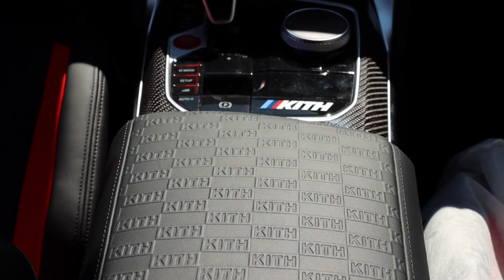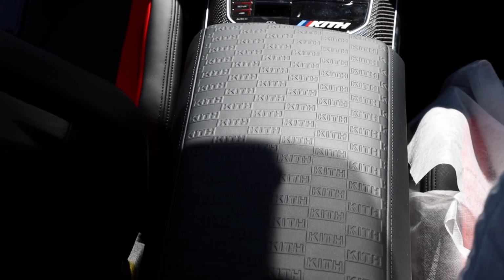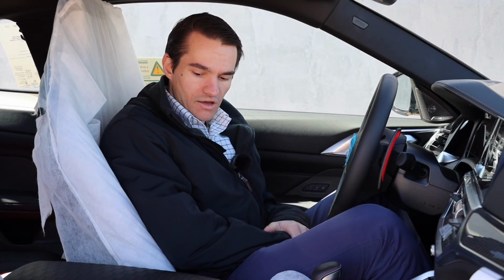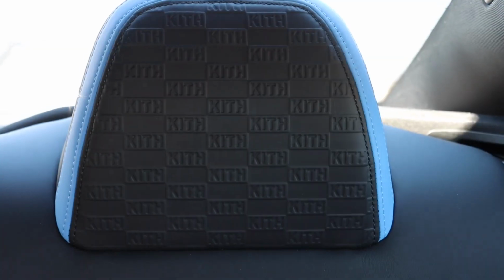Right above that, you have more Kith-specific stuff, and that is this really cool black merino embossed leather that covers your center console as opposed to just the standard black leather on a regular M4 or M3. So really, really cool to see that Kith-specific, I guess embossed is the right word for it, leather, which looks awesome. And as you look around the interior, you'll notice that you find that leather also on the headrests. So both front and rear headrests have the Kith embossed leather on them to give it a little special touch,